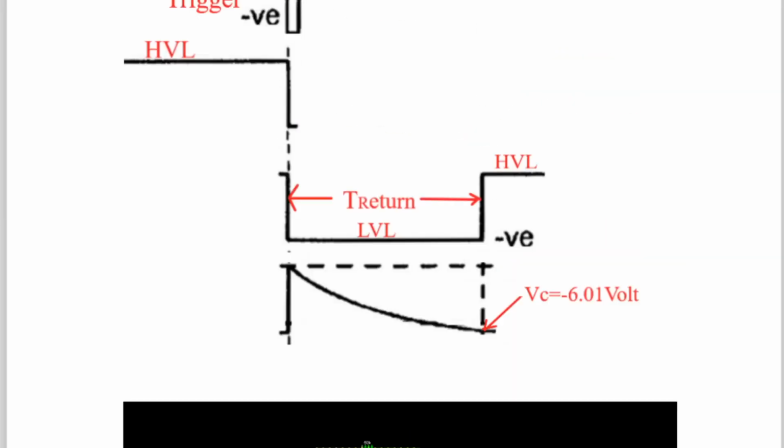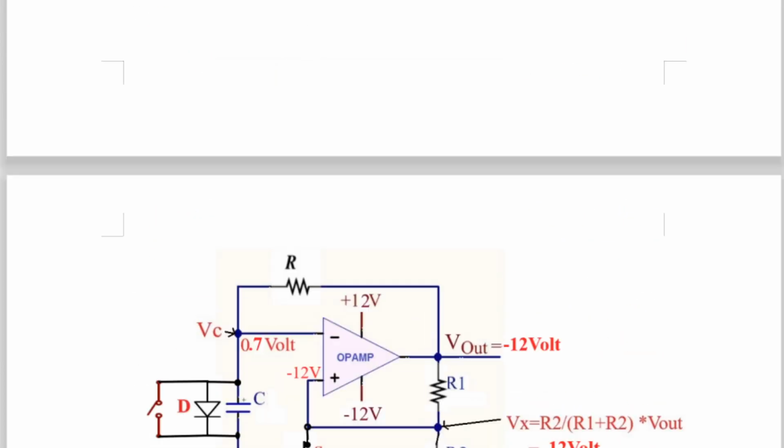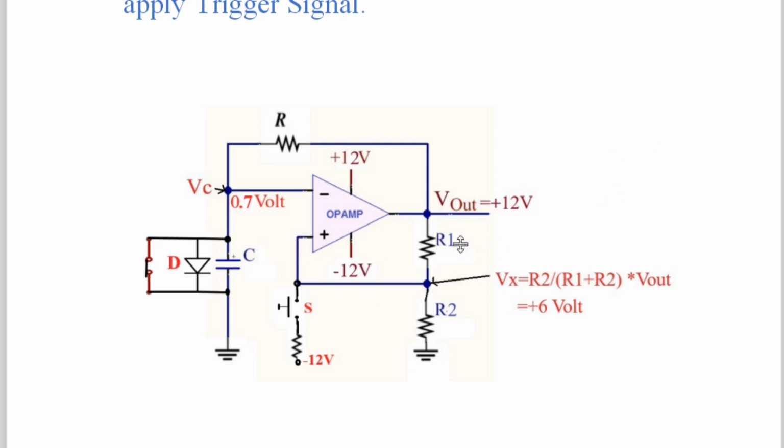And in this way, when the HVL comes back, then again we have to go to our first case. As soon as this becomes 12 volt, then again the same thing will happen. This 12 volt is going to be applied to this diode as well as the capacitor. Then again the diode will become forward biased. So the diode will behave as a closed switch, and the voltage across the diode as well as the voltage across the capacitor will be 0.7 volt. Again, you will come back to the original state. As soon as it is plus 12 volt, again here it will be plus 6 volt. And the switch you have already released, because you have just applied the trigger pulse and released the switch. So this will come back to the home position.